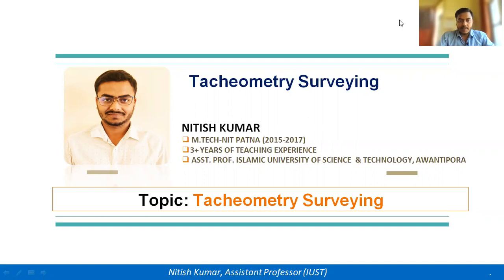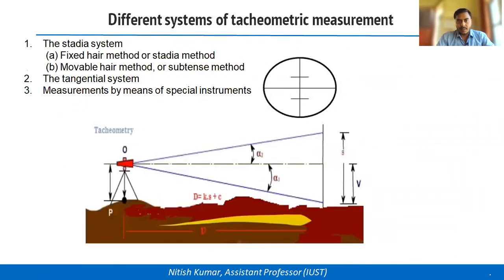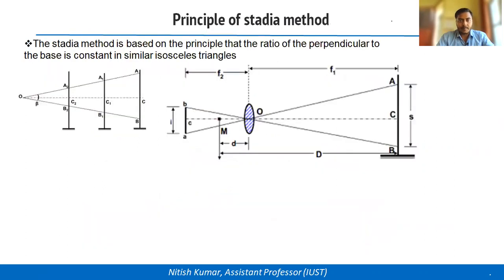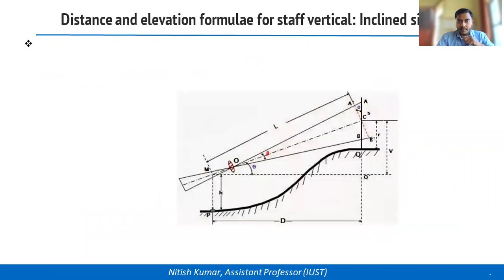In the previous lecture, I discussed tachometric surveying, the instrument, different systems of tachometric measurements, and the principle of the stadia method. Then I derived the formula to calculate the horizontal distance between the instrument station and the staff by using the tachometric instrument. And we got the formula, if you remember,